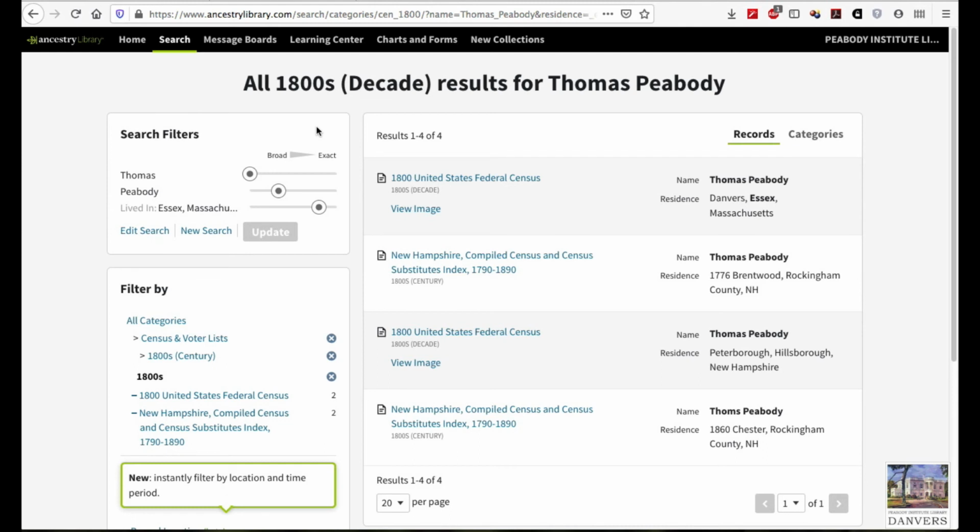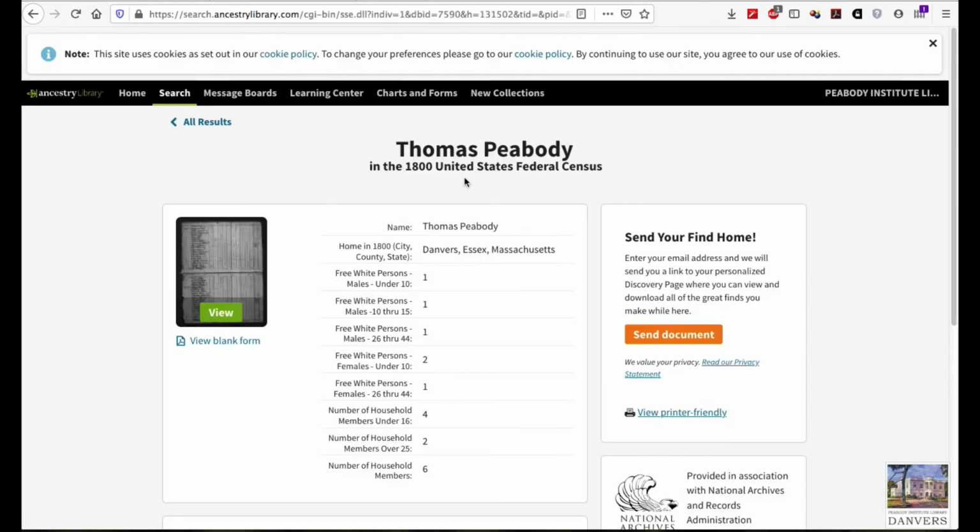I see a record with a Thomas Peabody located in Danvers. I want to look deeper into this one, so I'll open it. On this record page, I can see the transcription Ancestry made. There's also a scan of the document I can view, and an option to email this record to myself to view later. It looks like the census was conducted differently early in American history. George's name might not appear on a census until he's an adult and head of household. It goes to show that the more you know about the records you're looking for, the better you can use them.